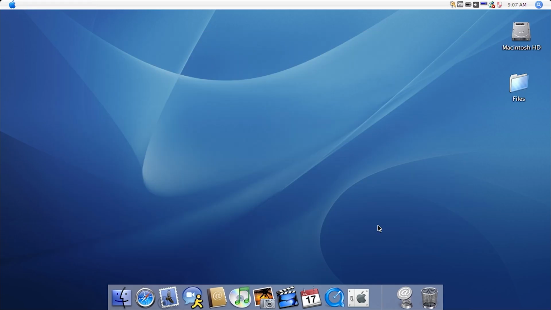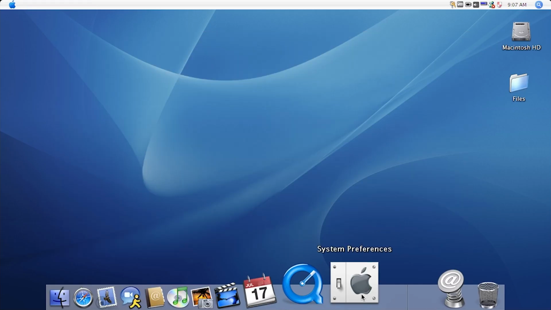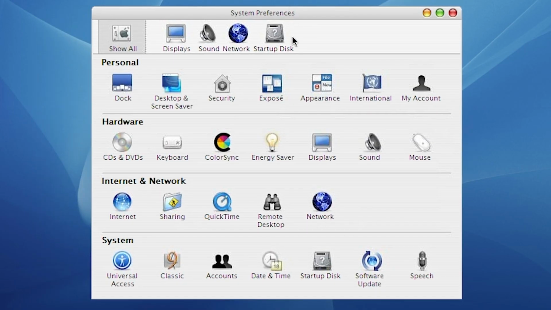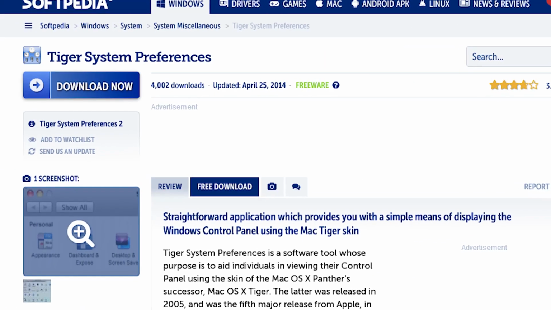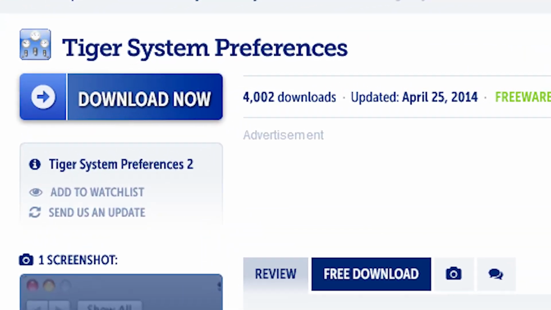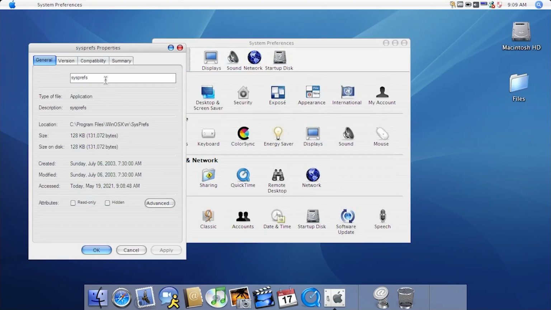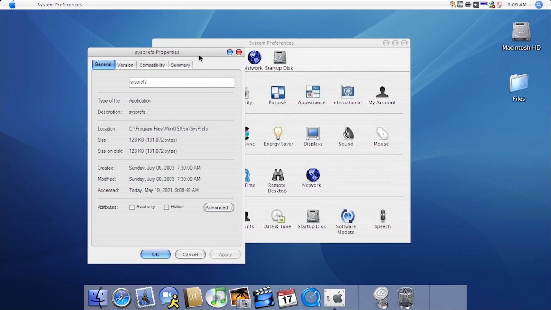One of the other differences is the program used for system preferences. So system preferences here, when you open it up, you might think it's just going to open up Control Panel, but it actually opens up a macOS system preferences style interface. Now, Flyguide OS 10 utilizes Tiger System Preferences, which is an almost one-to-one recreation of the System Preferences program in Mac OS 10 Tiger. WinOS 10 utilizes a program called sysprefs, which is just short for System Preferences, which does